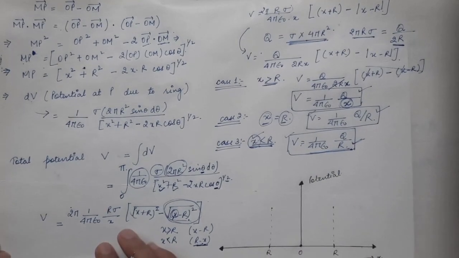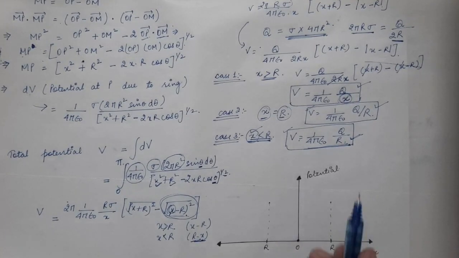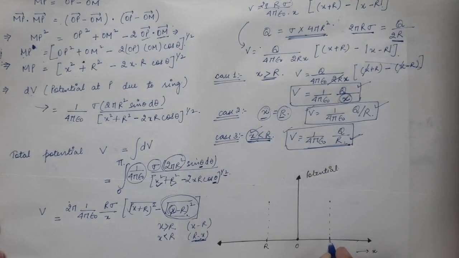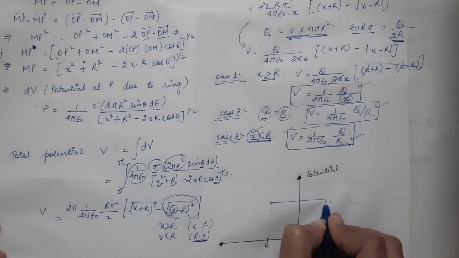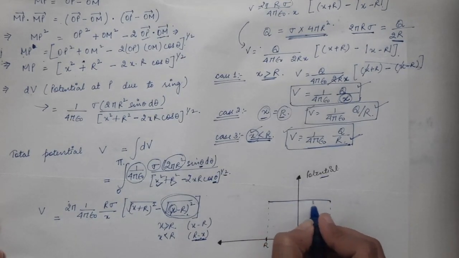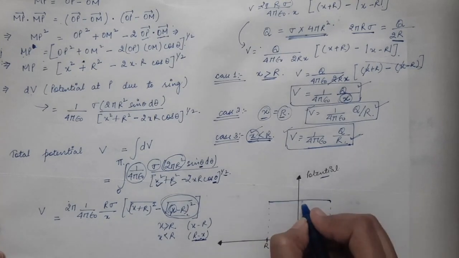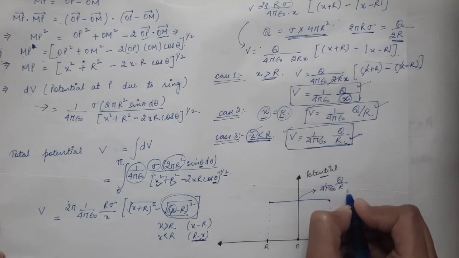So in this diagram we can show the variation of electric potential with the position of the observation point. If the point is inside the shell or on the surface of the shell, that is when x is equal to capital R, the potential remains constant. So you will draw a straight line. This is the axis that corresponds to electric potential. So potential remains constant when the observation point is either inside the sphere or on the surface of the sphere. This value of potential is 1 by 4 pi epsilon naught Q divided by capital R.